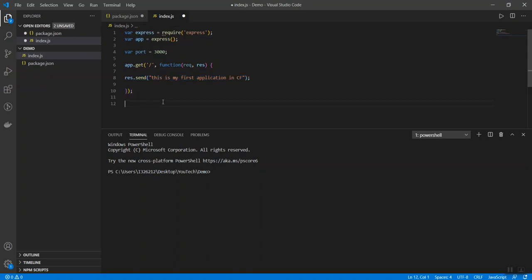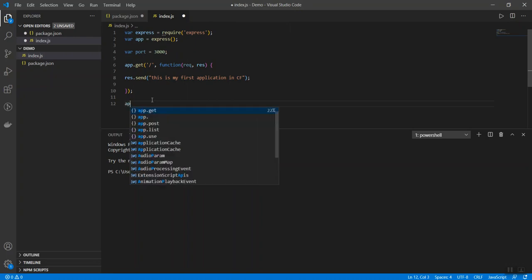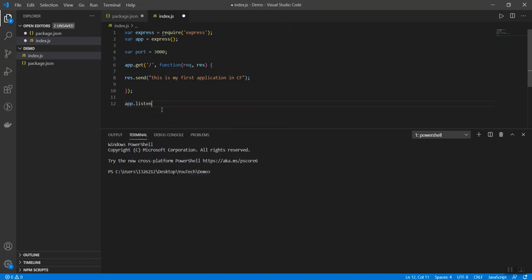Now the very last step: we have to tell the Express module to run on this port. So we have to bind this port to the Express module. So app dot, there is one more method called listen. Listen takes two properties: we have to tell it the port and the callback function. Right now I don't have anything in the callback function.